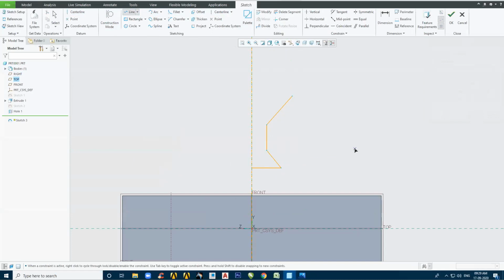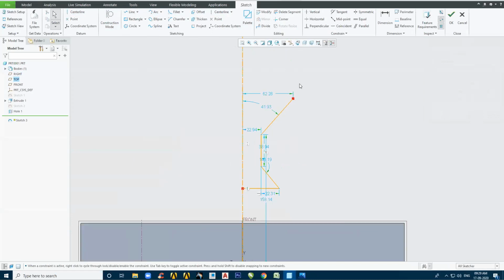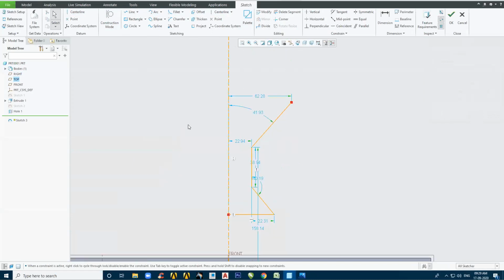Okay, I created this profile, something like this. Now I want to give this complete virtual angle. Its mirror is over here, but without mirroring I want to give this complete angle. So what I do is dimension this, this, this, and I click here. Got it? So this virtual thing has been created.